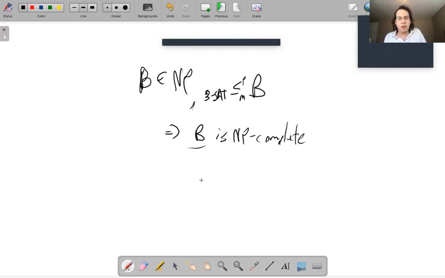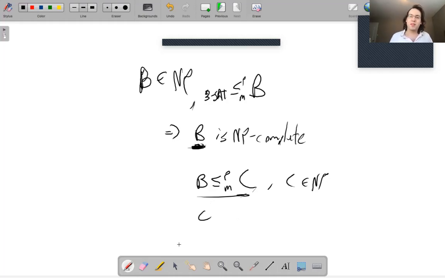Like if I want to show C is NP-complete, then I will show B mapping reduces to C, and also that C is in NP. So these things proliferate. If I show a language B is NP-complete, I can show another language C is NP-complete more easily because now I can use B as the starting point for my reduction. And once I've done this, then I can also use C as a starting point for my reduction. So basically, it just gets easier and easier over time to show that languages are NP-complete, right? Because more and more NP-complete languages are known, and the more are known, the